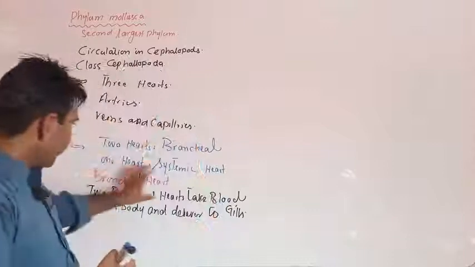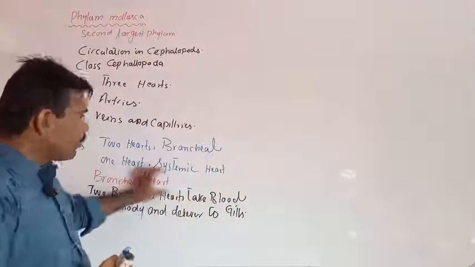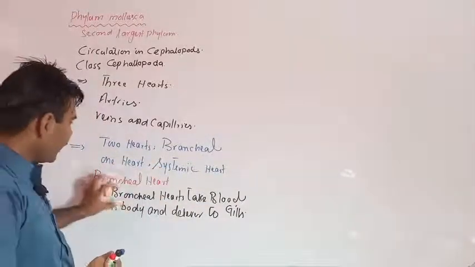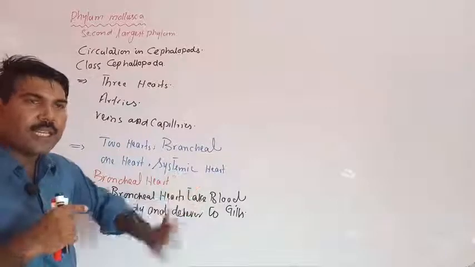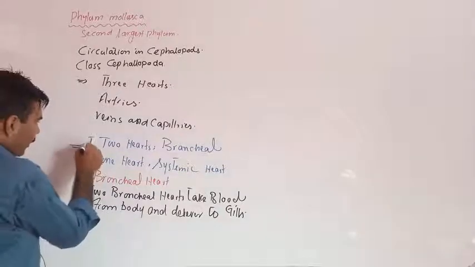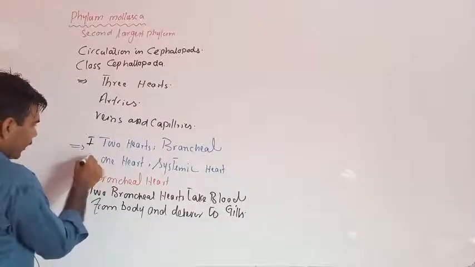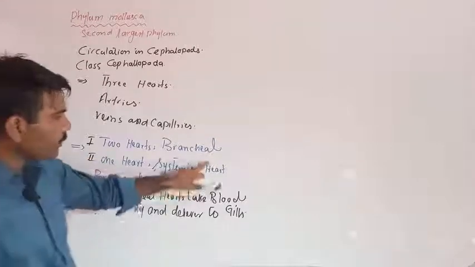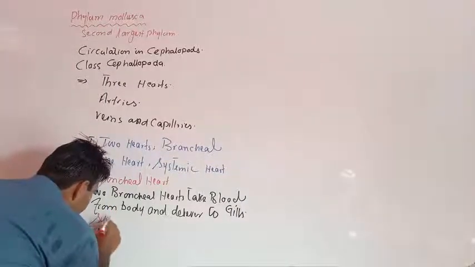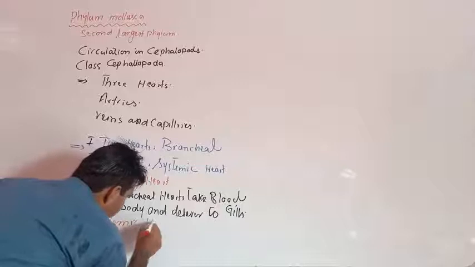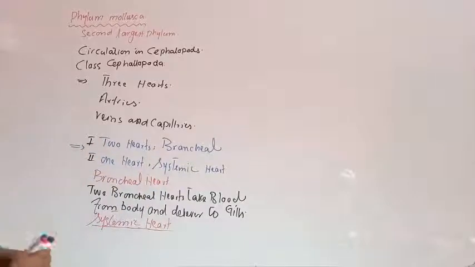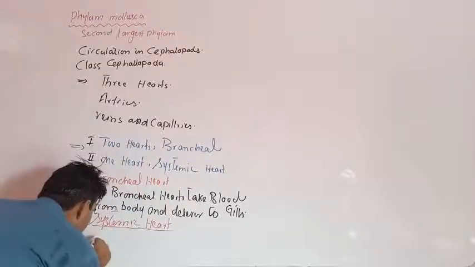So deoxygenated blood is taken from the body by the branchial hearts. It means the branchial hearts' function is receiving the blood from the body and delivering it towards the gills. These were the first two, the branchial hearts. Now secondly we will discuss the function of the systemic heart. So we can mention here the systemic heart in the cephalopod. It receives the oxygenated blood